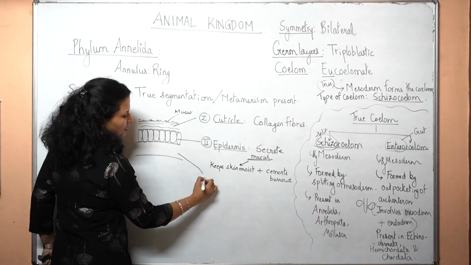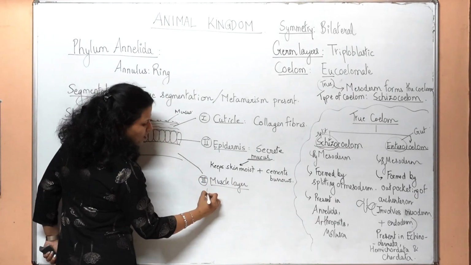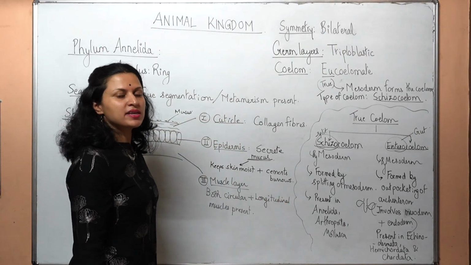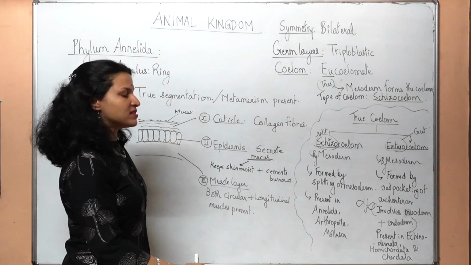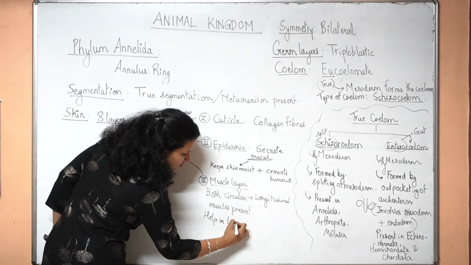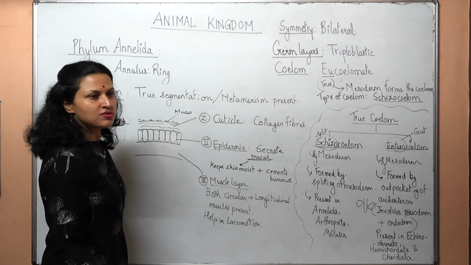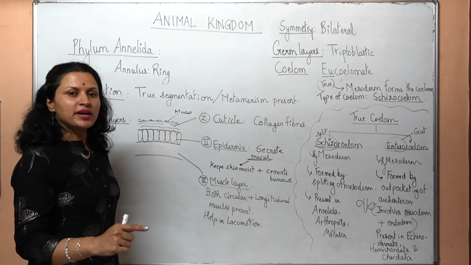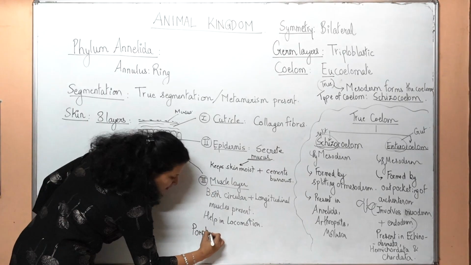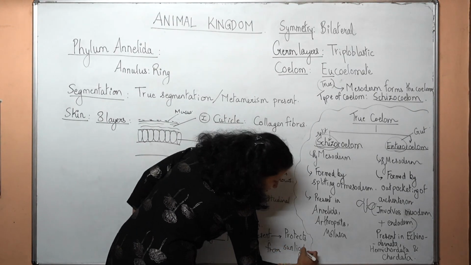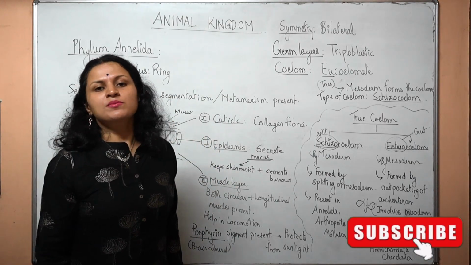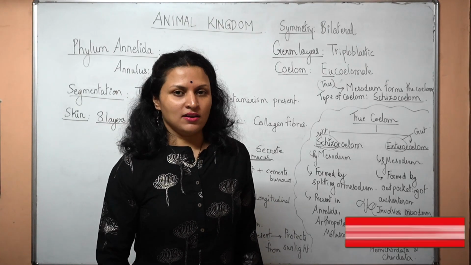The third layer over here is an important layer, which is the muscle layer. Both circular plus longitudinal muscles present. If you remember, Aschelminthes had only longitudinal muscles, but these have longitudinal plus circular muscles both, which help them in locomotion. The muscle layer is also known to have an important pigment which is called porphyrin pigment, which helps to protect them from the harmful sunlight or the heat of the sun. This porphyrin pigment is actually a brown color pigment, which explains why earthworms and most of these annelids are brown in color, because of the presence of this